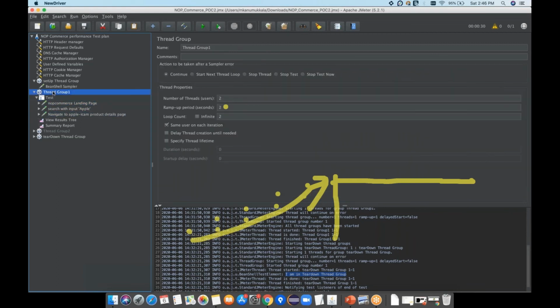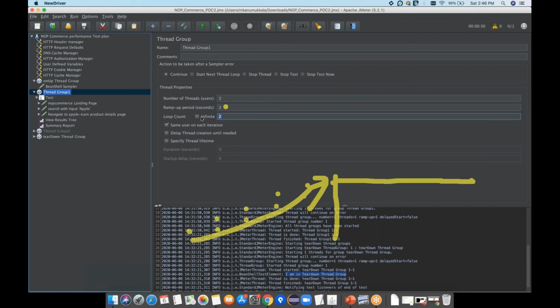I am telling these 3 requests should run 2 times. That means 6 requests will be sent, and 6 requests will be executed by 2 people. That means 12 requests will be hit to the server. That is how we have to understand it.